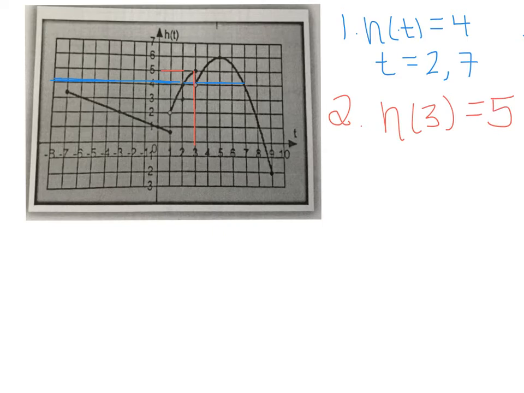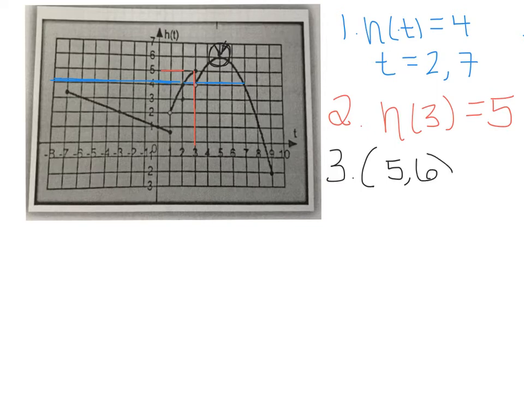Number 3 says, find the coordinates, if any, where h of t is an absolute maximum value. To be an absolute, it is the highest point the graph touches. Well, we have one of those. It's right here. That's the absolute highest point I touch. So my absolute maximum is going to be 5,